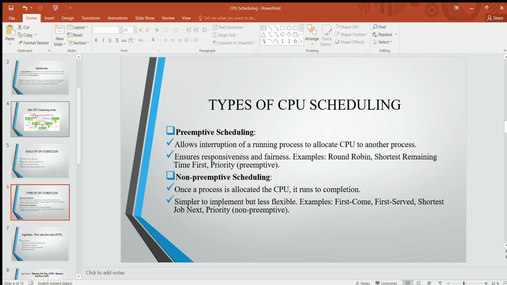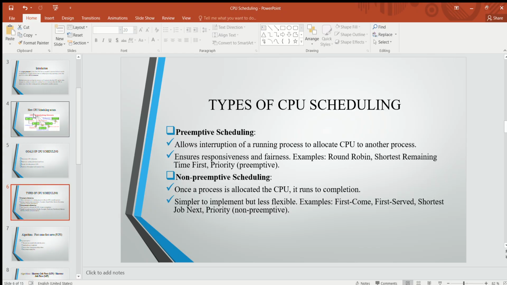There is something called aging, which happens with the priority algorithm. The longer the process is waiting for the CPU, the more the algorithm increases the process's priority number,